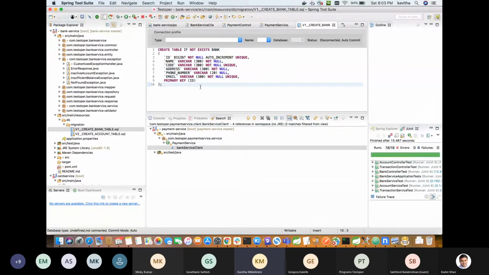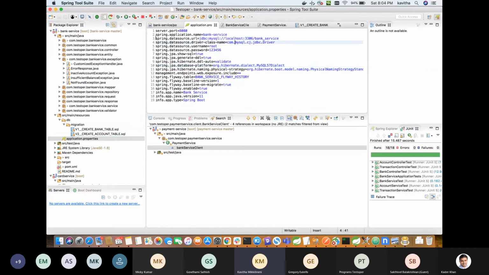During startup itself, it will create the tables in the database. We've given that configuration in the code, and in the application.properties. All the configurations for the Spring JPA have been mentioned here. So this is the application name, and this is the DB instance name, and the driver to use, the user ID and password to login.